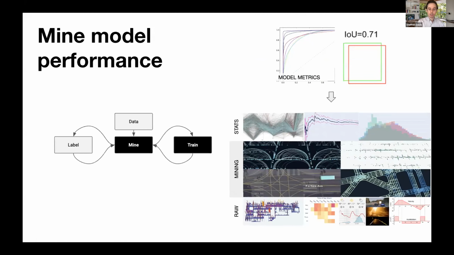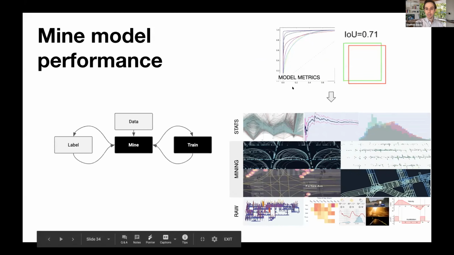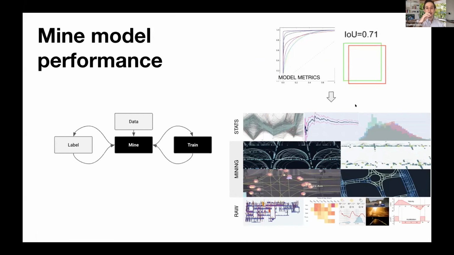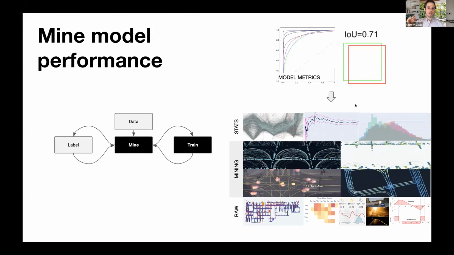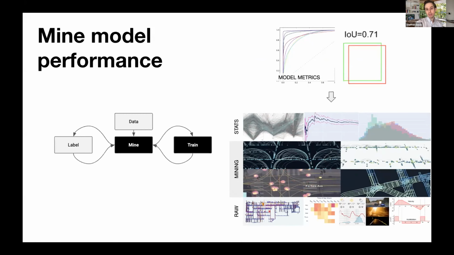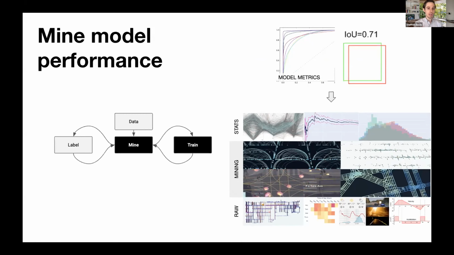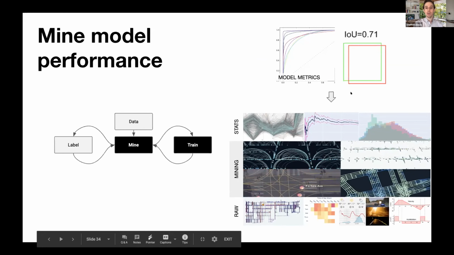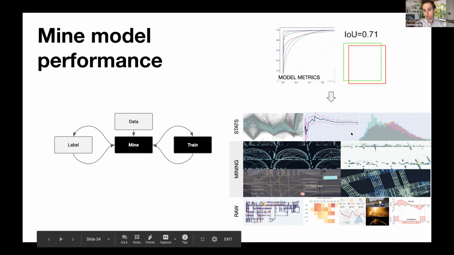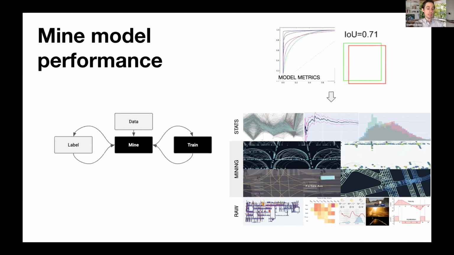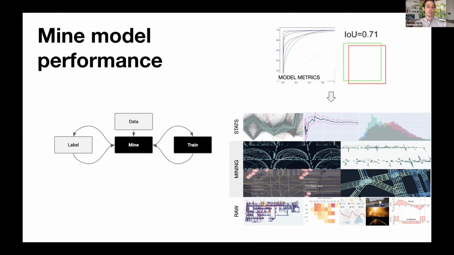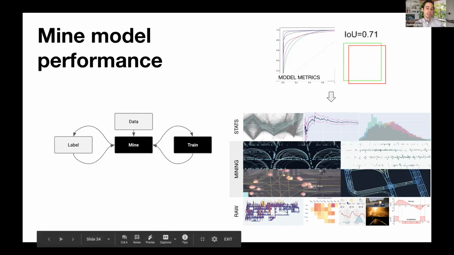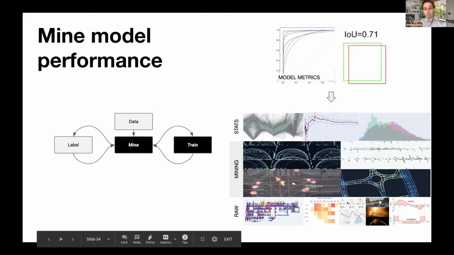So now you've trained your model and it has created model performance metrics such as precision, recall, or intersection over union. And with those values now present with the data mine values, you can contextualize them across all of these data mine outputs. So under what scenarios did my model perform best? Under what capabilities did my model perform worst? Under what types of road did my model perform best? Under what weather conditions did my model perform worst?